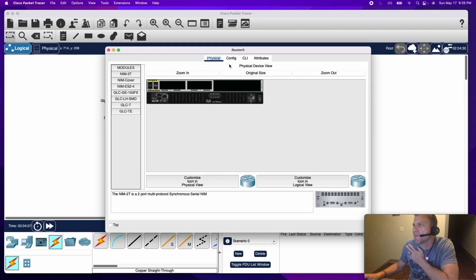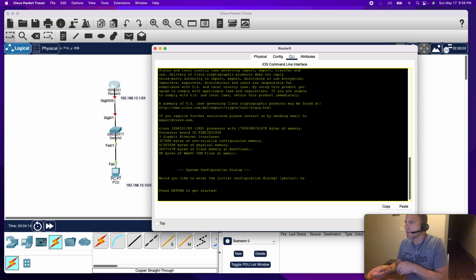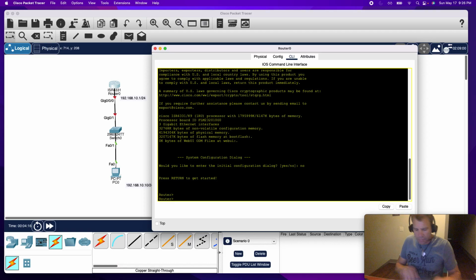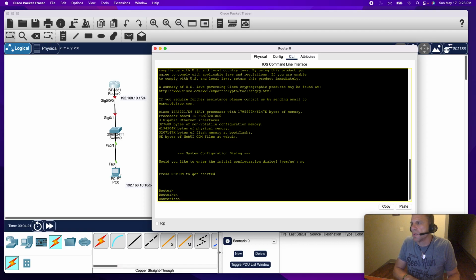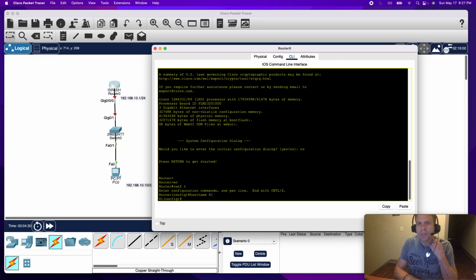First thing I do, we can come to the router, get into the command line here. We're gonna do an enable. We're gonna go configure terminal. Right away, we'll just give this a host name. Let's call it R1. And then here I'm gonna enable a password right here for this router. So we're gonna do enable